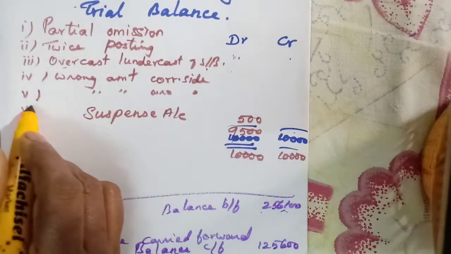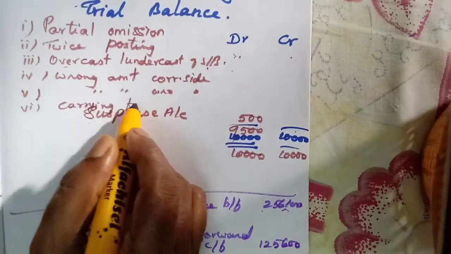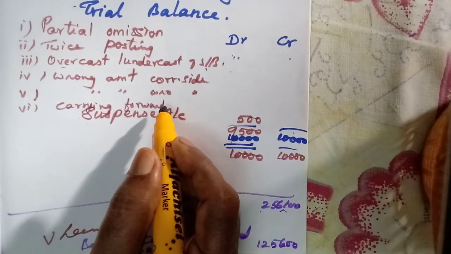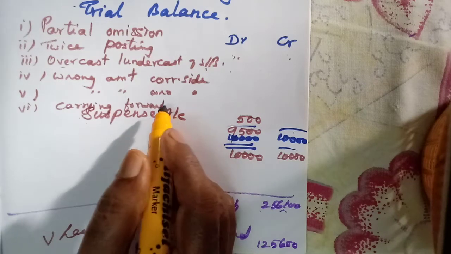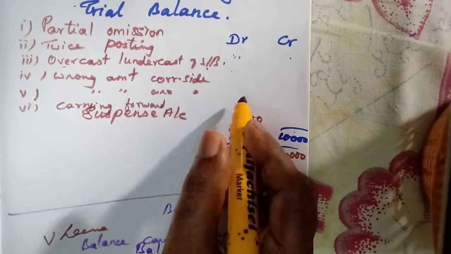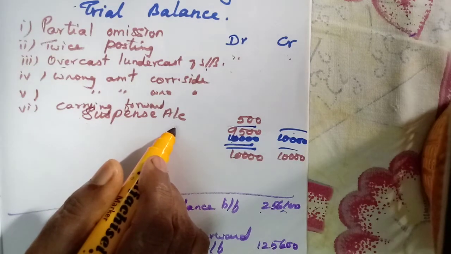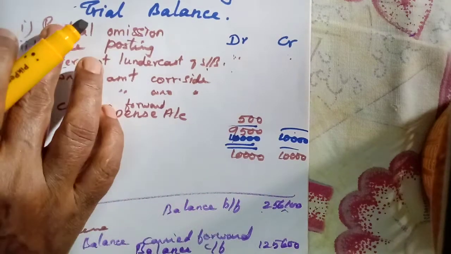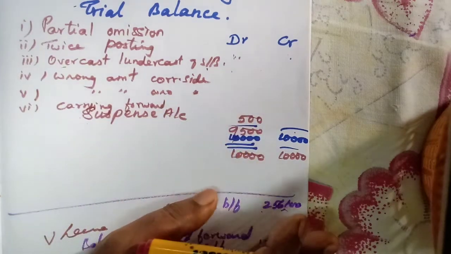Then we have learnt about carrying forward, the carrying forward of the total of the ledger account from one page to another. In one page we might have written 1050, on another page we may write 5010, isn't it? So carrying forward of the total from one page to another will also be disclosed in the trial balance. Okay, if almost all these errors are made, then we can find out the difference in the trial balance.